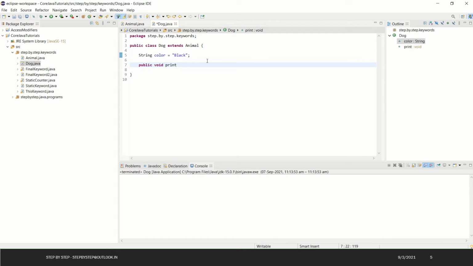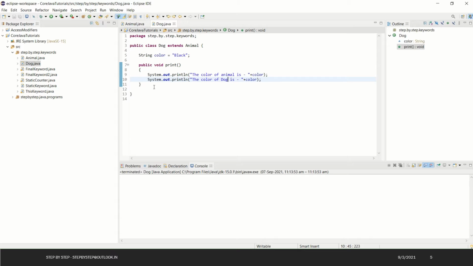We just need to print the color of the animal and dog. So a sysout statement: the color of animal is, and the value of the color variable. Similarly, we will print the color of the dog.